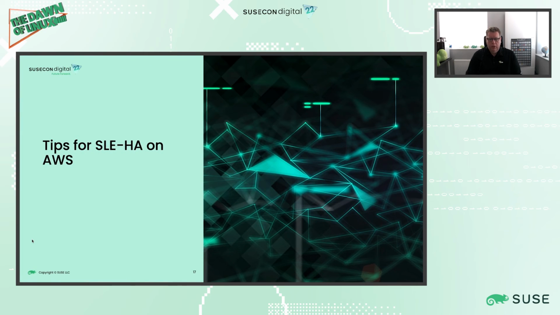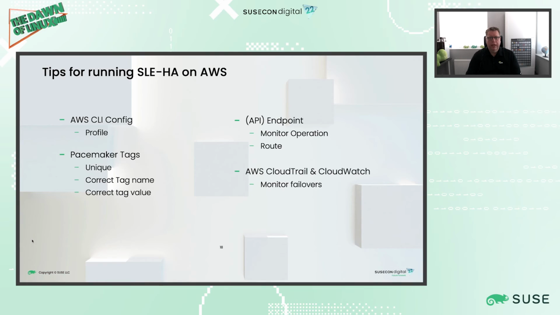Okay, so just wanted to move on to a small section on a number of tips that we have for running clustering services on top of the AWS Cloud. So just a couple from me to start with. The first one is around the AWS CLI. So David mentioned that there is a profile that's used by the resource agent, which needs to be set up